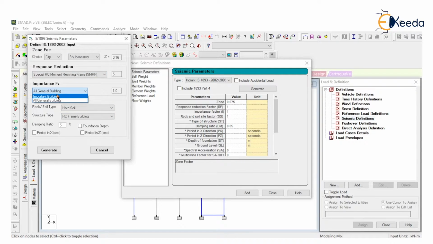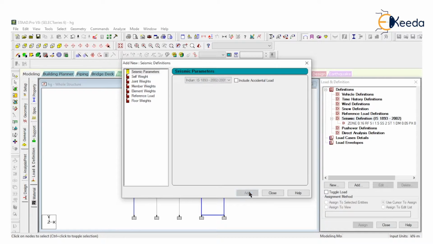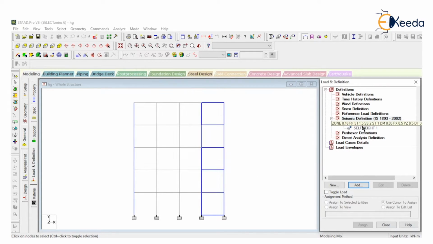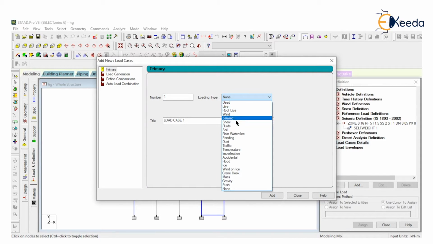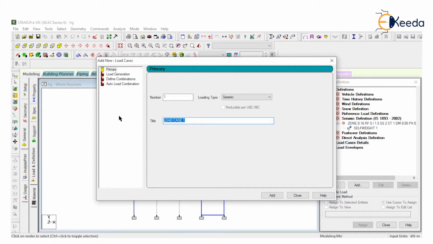special RC moment resisting, all the important building, medium soil, RC frame, damping ratio I am providing 0, depth of foundation 3 meters, X and Z, generate, add, add the suffix, close, go to the load case detail, create 4 different cases, S minus X, S plus Z, S minus Z,